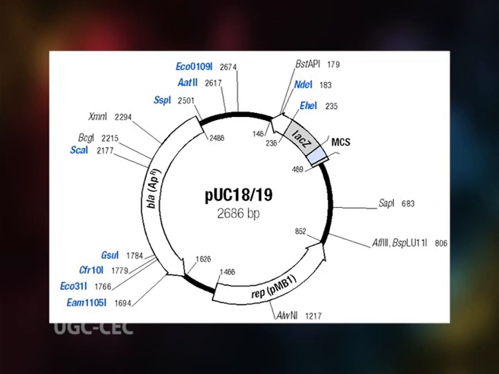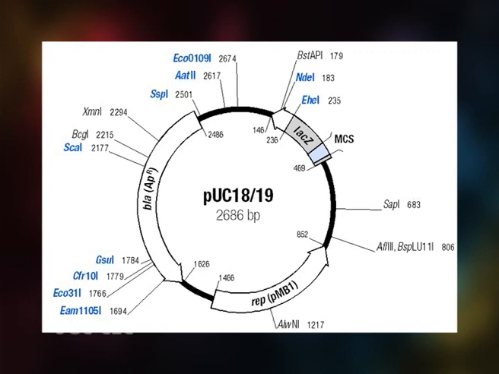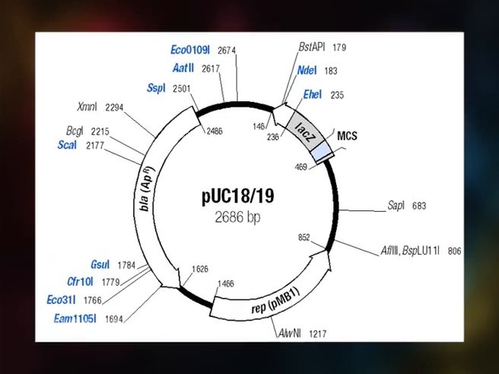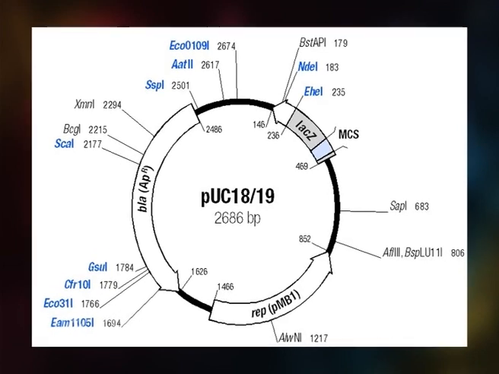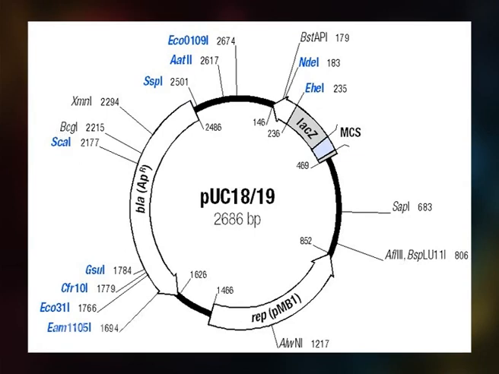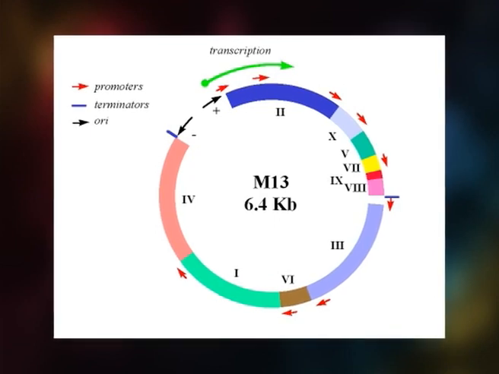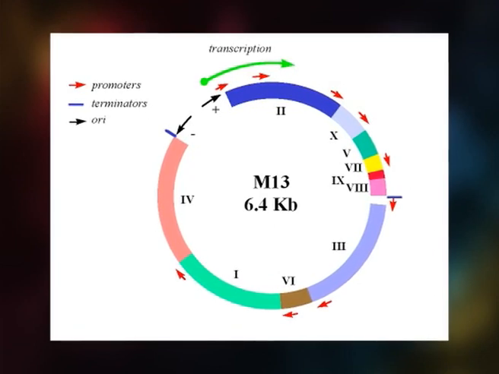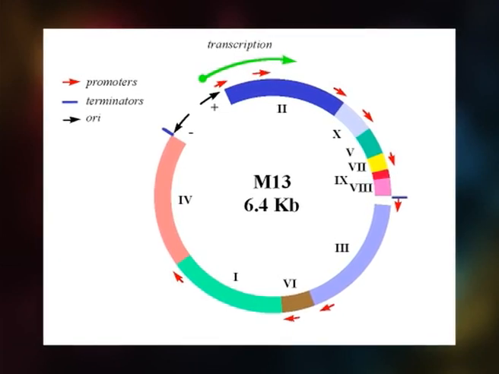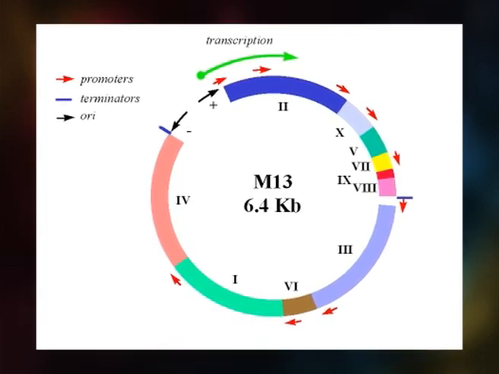Another advantage of M13 phage is that it contains multiple cloning sites which are similar to pUC18 and pUC19, so that genes cloned in pUC18 and 19 can be subcloned at the same sites in M13 phage. Next, M13 phages do not contain any non-essential genes. The 6.4 kb genome of the phage is used very efficiently and only a 507 base pair intergenic region is available for insertion of foreign DNA.